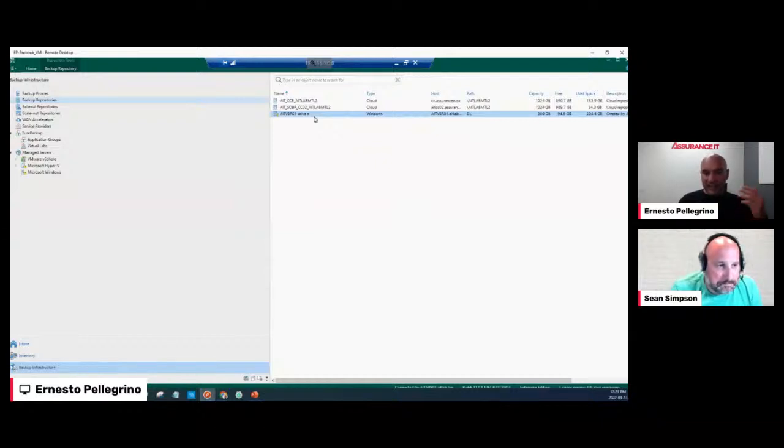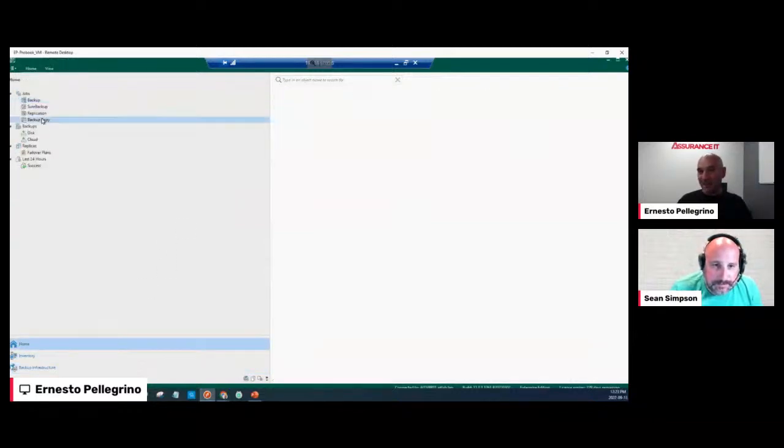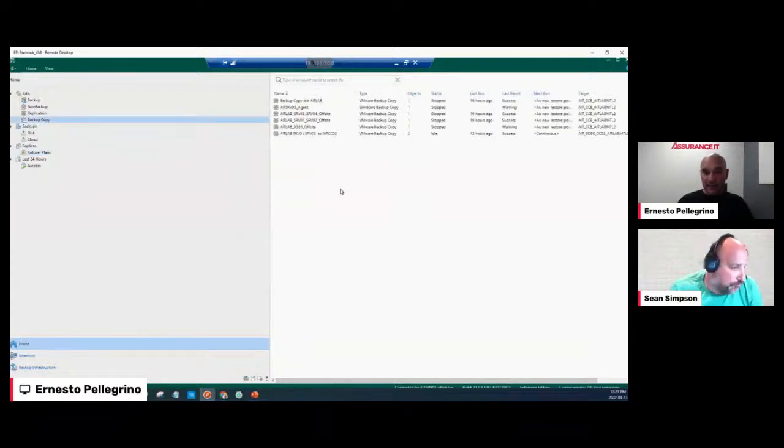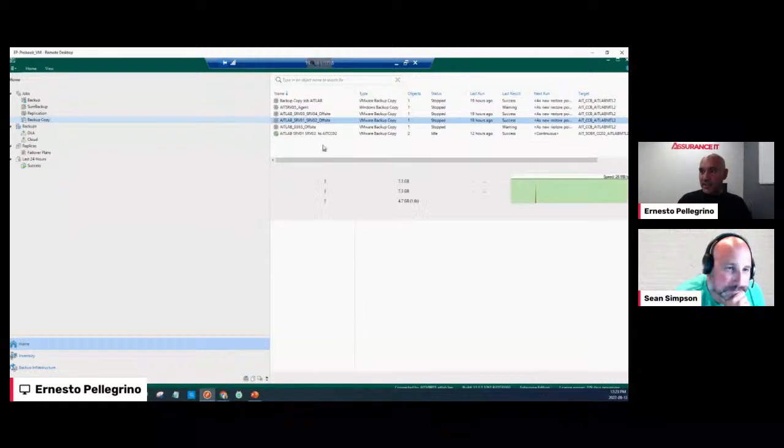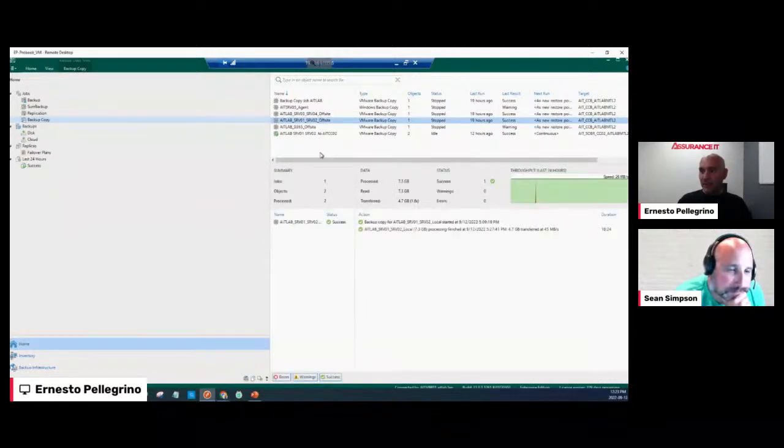Do I need to tax the VMware or the Hyper-V environment to extract that data to send it offsite? Nope. It's as simple as creating a backup copy job. We're going to leverage the data that's already there. We're not going to reinvent anything. We're not going to make another backup. Simple as that, right? So as you can see, I have a couple of different jobs